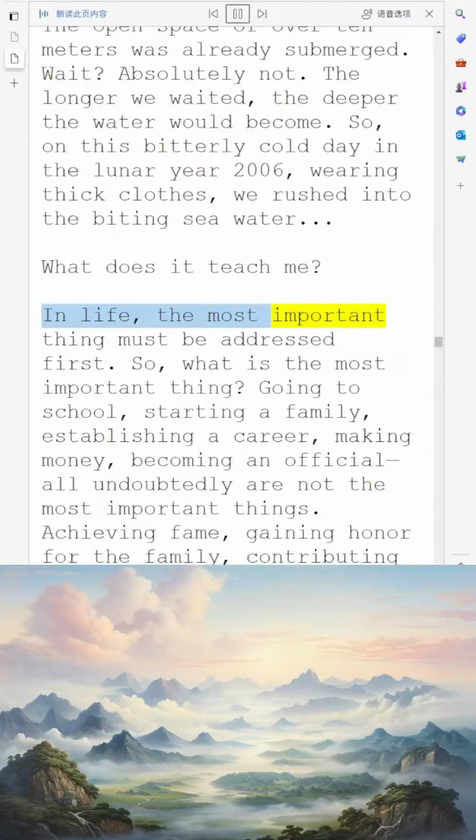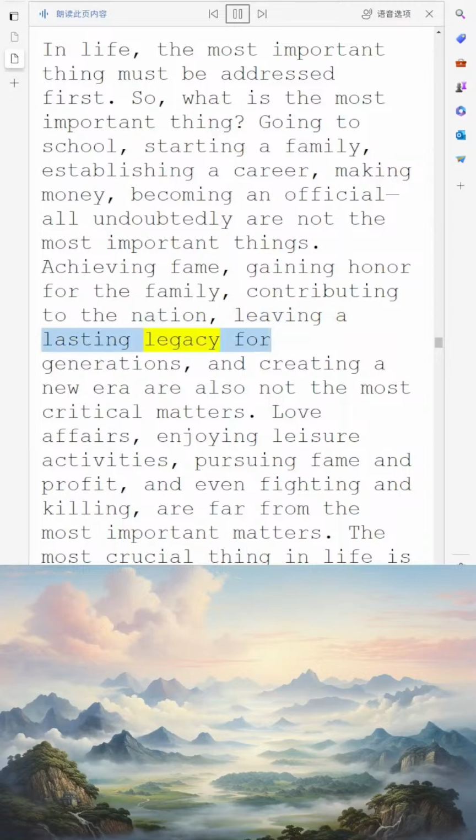In life, the most important thing must be addressed first. So, what is the most important thing? Going to school, starting a family, establishing a career, making money, becoming an official, all undoubtedly are not the most important things. Achieving fame, gaining honor for the family, contributing to the nation, leaving a lasting legacy for generations, and creating a new era are also not the most critical matters. Love affairs, enjoying leisure activities, pursuing fame and profit, and even fighting and killing are far from the most important matters. The most crucial thing in life is